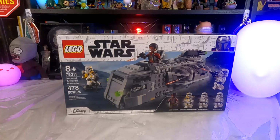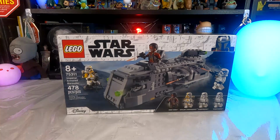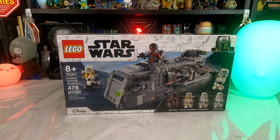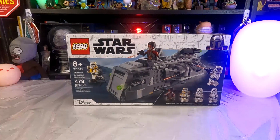It's kind of ironic that I have not put it together before now, because this is one of the ones that was high on my list of ones I wanted, because I loved the way it looked in the show last year. Well, 2 years ago now, isn't it? Did that episode release in 20 or 21? I don't remember. In any case, Greef is about the only person that hasn't shown up in Book of Boba